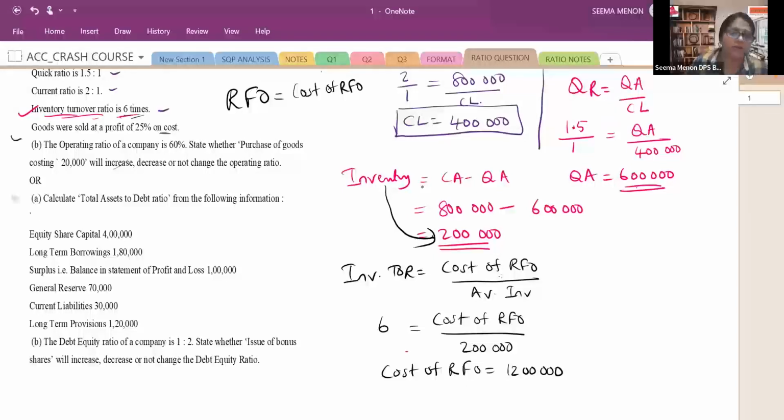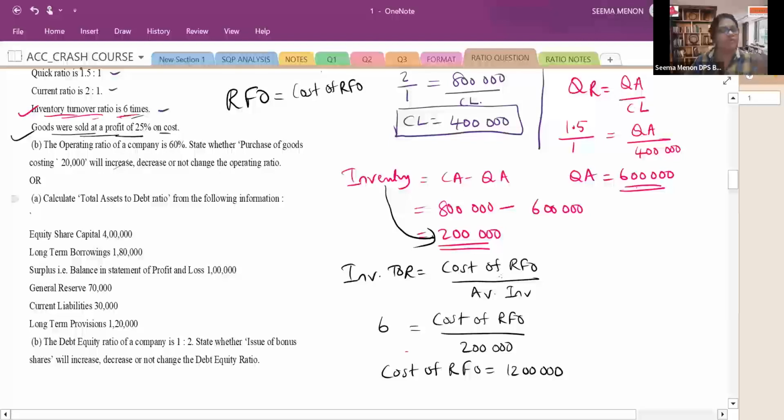Now come back to the question. Goods were sold at a profit of 25% on cost. Cost we got. Now easily you can find out your gross profit. Goods were sold at a profit means gross profit only. So we can find out here gross profit is equal to